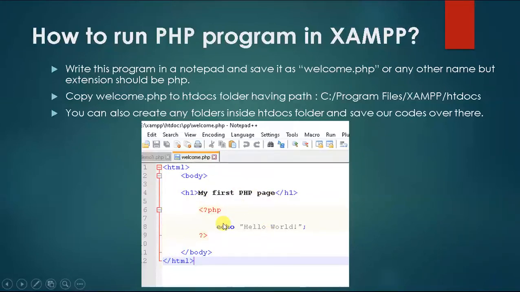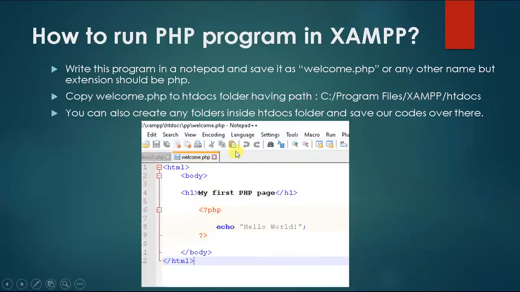After writing this code, save it with any name having the extension .php. This is the PHP file, that's why its extension is PHP. In my case, I am writing this code and saving it with the name welcome.php.